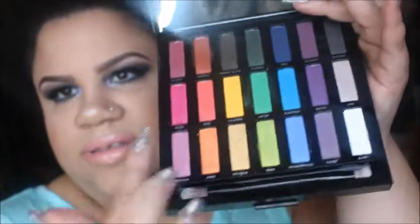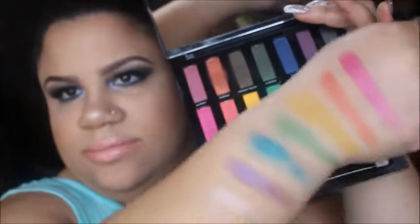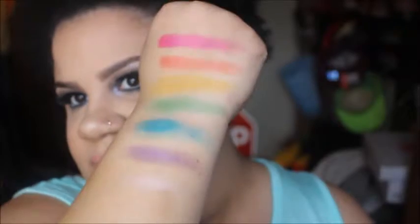And I mean, I guess it'd be okay for the inner corners or something. So here is this second row here. I don't know about you guys, but I feel like that's pretty pigmented. Is it just me? I don't know. Okay, let me show you guys how I'm swatching this so you guys don't think that I'm